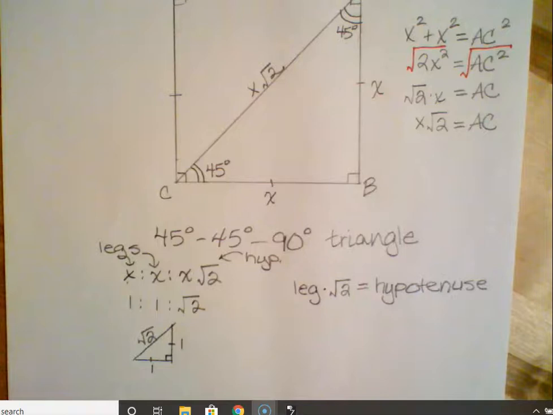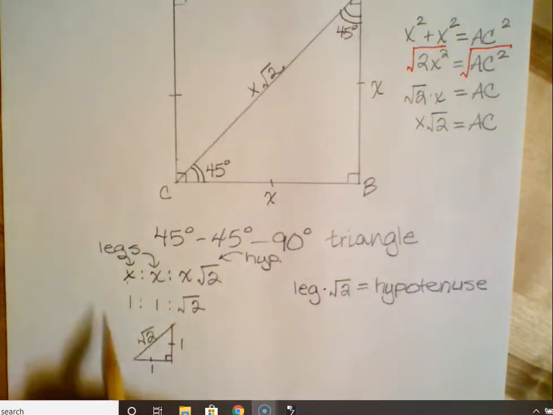It's also important to remember that the 45, 45, 90 triangle is half of a square. If you can rely on that, if you can go back to the fact that it's half of a square, then you eliminate the need to constantly remember all of this. I'm not saying it's not important to remember these. It is, but you can always go back to what you know about a square and develop it from there